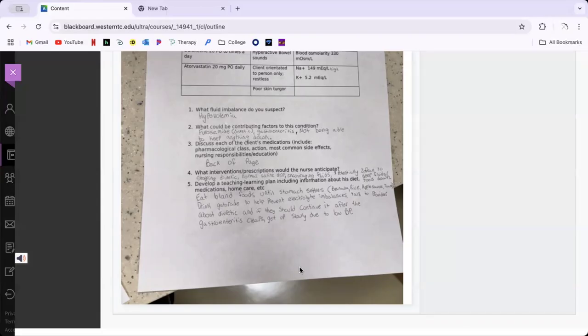Probably IV fluids or oral fluids. Okay, and then putting him on a cardiac monitor. Okay, good. So oral fluids, but I can't keep anything down. Would there be anything you could give before, or medication to help? Zofran. Maybe antiemetic, maybe ondansetron, maybe she just doesn't want anything, then IV fluids, right?